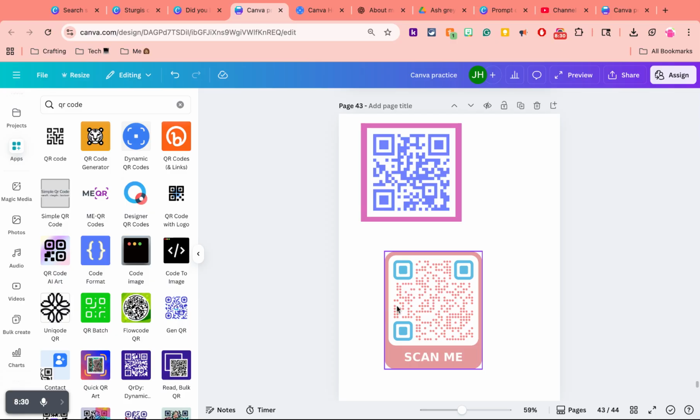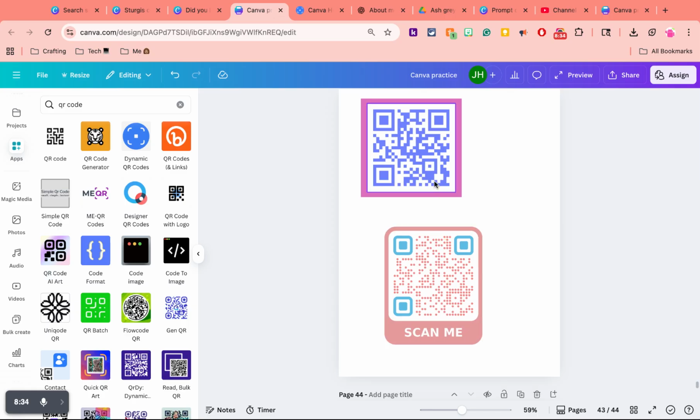It gave you about 10 different designs, and you were able to do all of this within the app, and you didn't have to come out and add any things. So this is how to create your QR